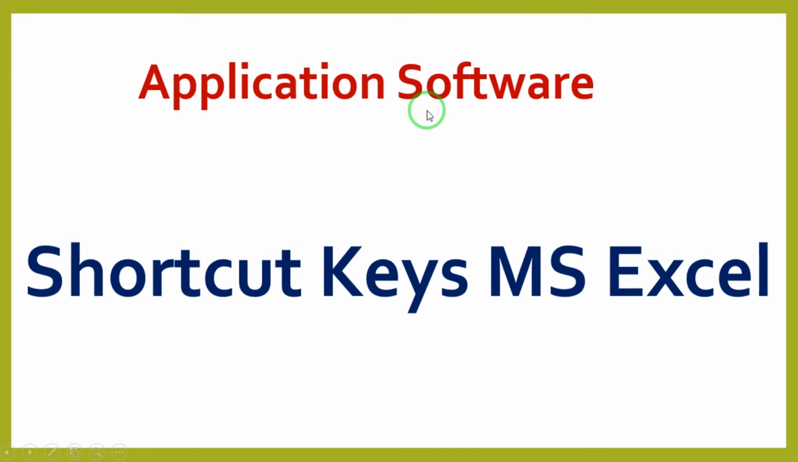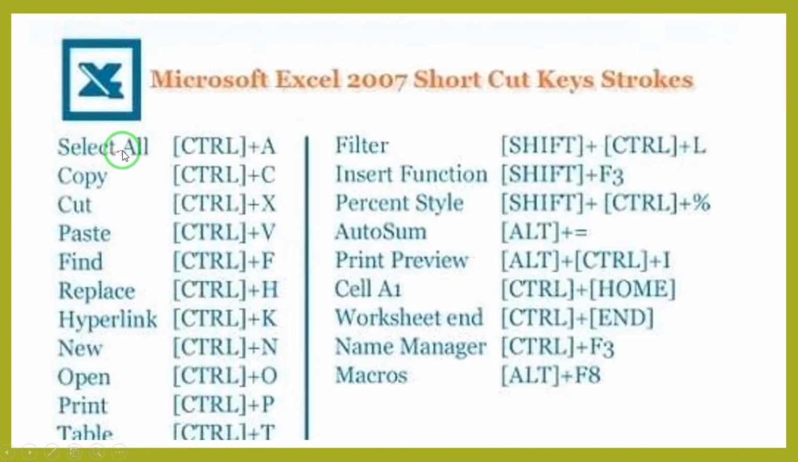Now let us discuss the shortcut keys of MS Excel. To select all the cells it is Control A, to copy is Control C, to cut is Control X, to paste is Control V, to find is Control F, to replace is Control H, and to introduce a hyperlink is Control K, and to open a new document is Control N, and to open is Control O, and to print the Excel sheet is Control P, and to insert a table is Control